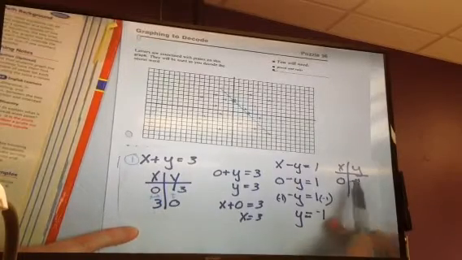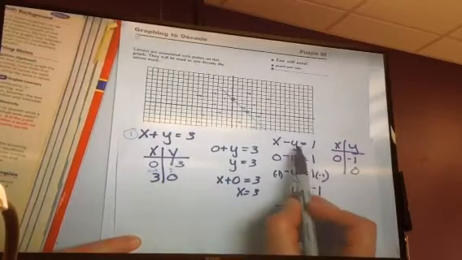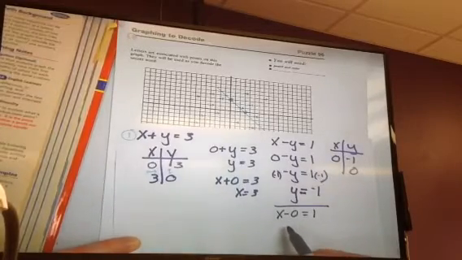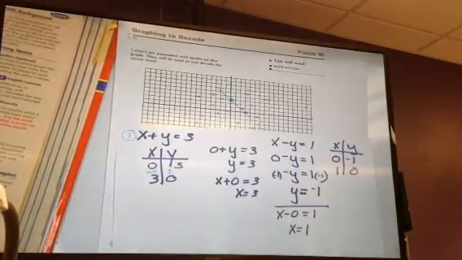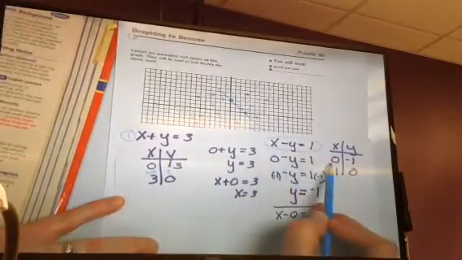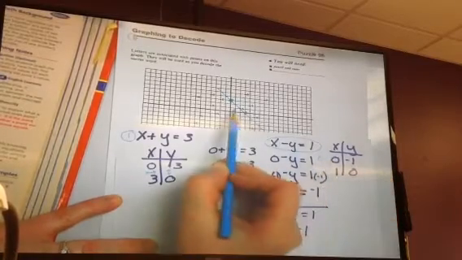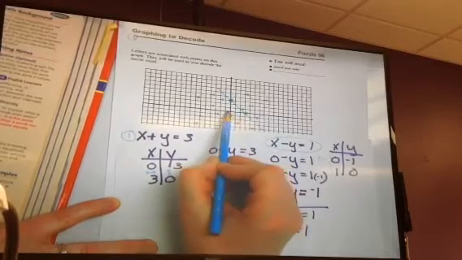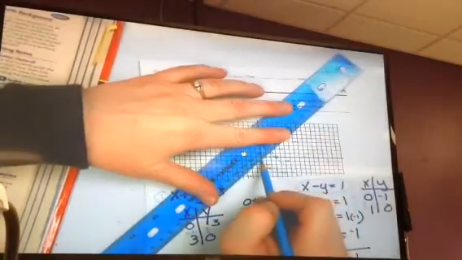Now if I put in 0 for y this time, just continue it on down here, 0 for y, I end up with x minus 0 equals 1. We can get rid of subtracting 0 from anything, it doesn't do anything, so it's just x equals 1. So my other ordered pair is 1, 0. So now I can graph this line right here with these two ordered pairs, 0, negative 1 and 1, 0. So let's go ahead and do that. 0, negative 1 is here, and then 1, 0 is here. And if I connect my dots for that line,